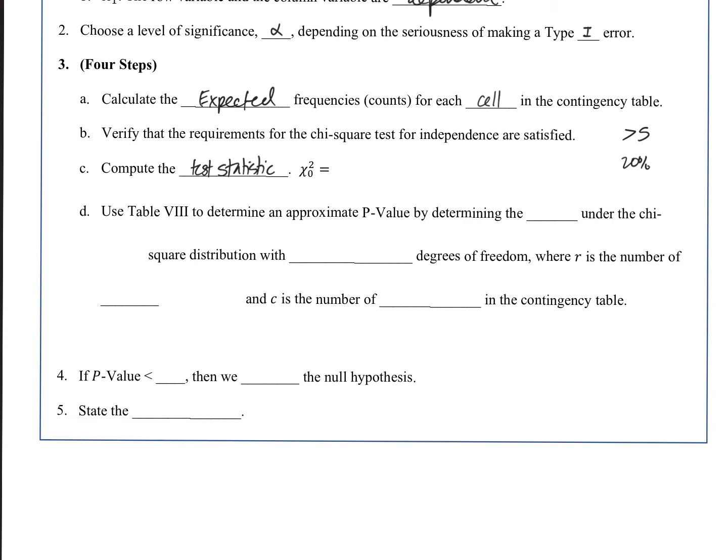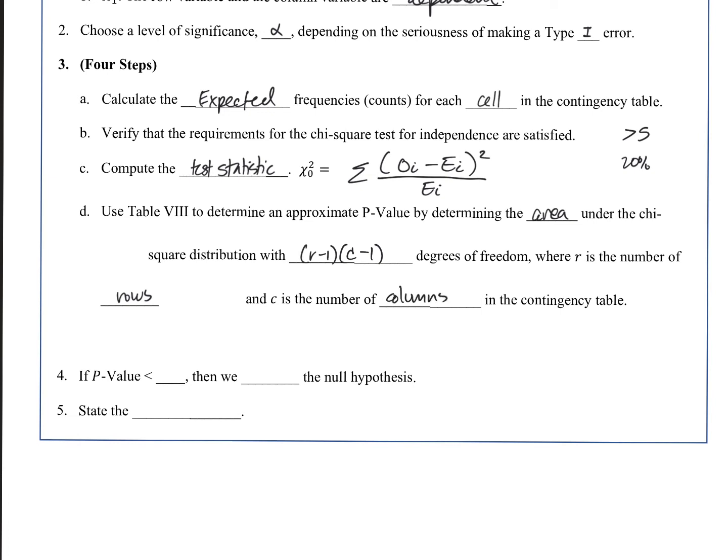So really, up to this point, the classical and the p-value approaches are pretty much the same in how you're computing this. For both of them, you find your test statistic the same way, but it's how you use it and how you use the table that differs. So for step D, use table 8 to determine an approximate p-value by determining the area under the chi-square distribution with r minus 1 times c minus 1 degrees of freedom, where r is the number of rows and c is the number of columns